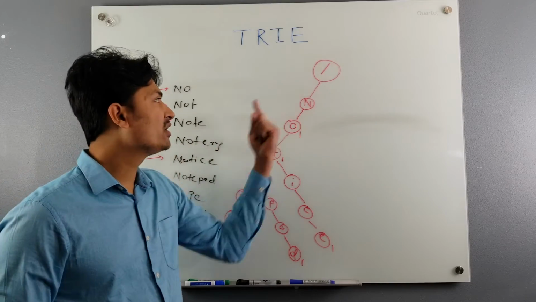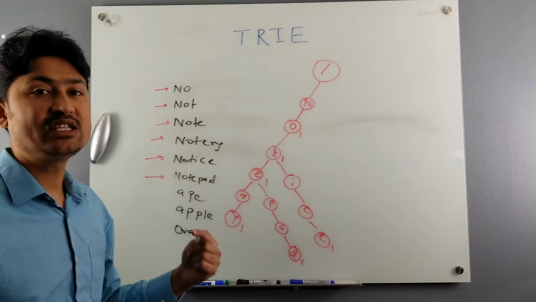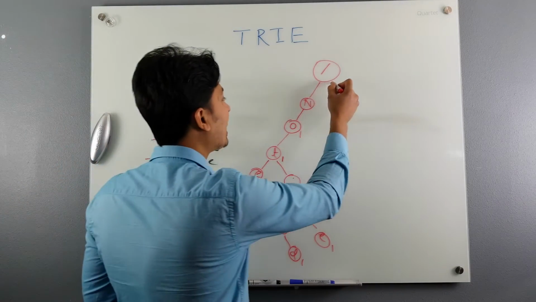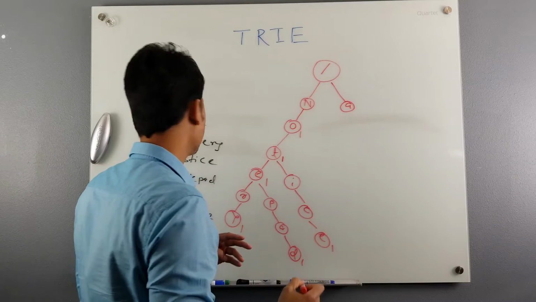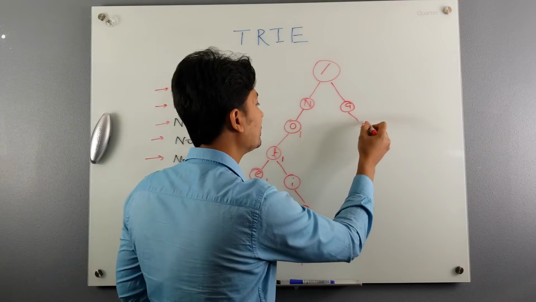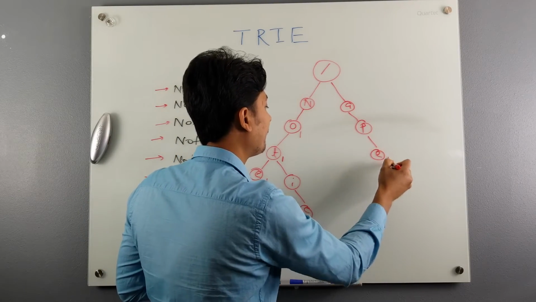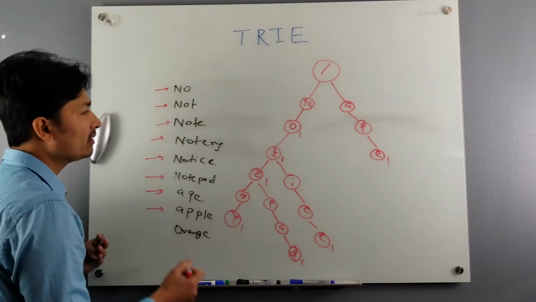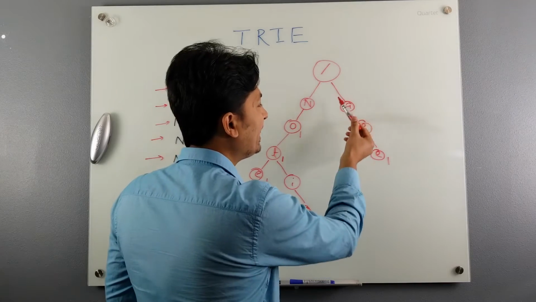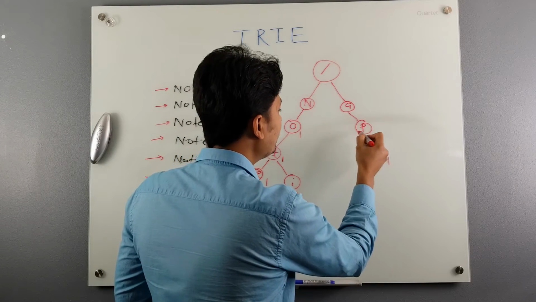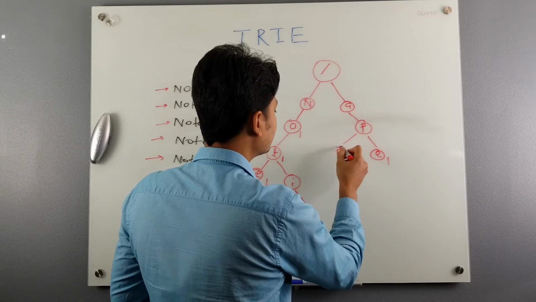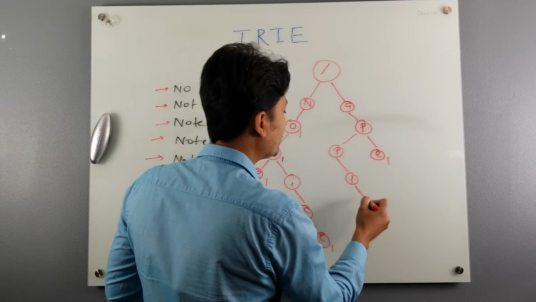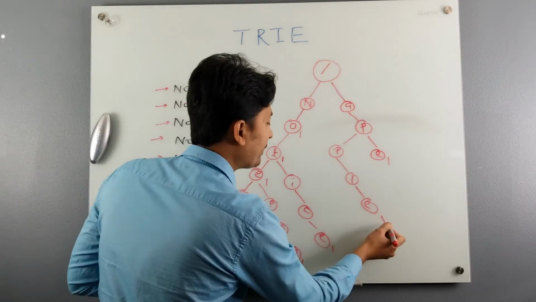So every time you start with the root node, you ask the root node, do you have any child A? It says no, it has only child N. So you create a child with letter A, and similarly you create P and E and increment the count at E. For apple, you will reuse the nodes with A, P, and then you will create another set of nodes, which is apple.